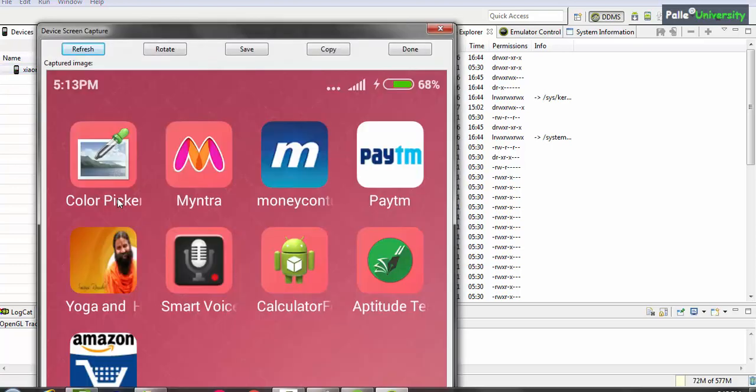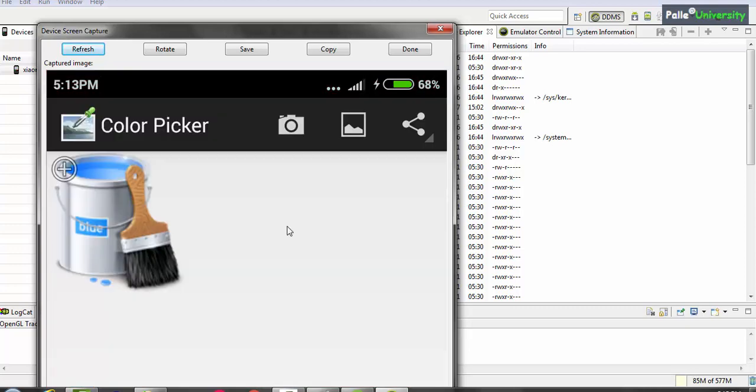Now you can observe I have downloaded one application with the name Color Picker. Let me open that application. The Color Picker application home screen will look like this. Now let us say you are supposed to design a screen and that design has a lot of color combinations and you don't know the exact hexa code value for those screens.